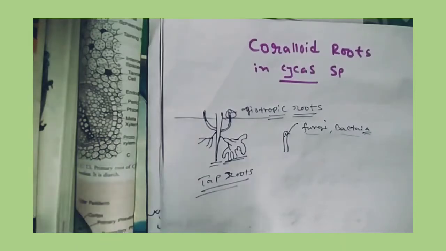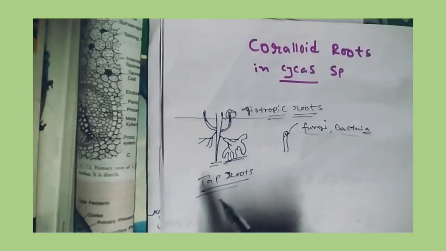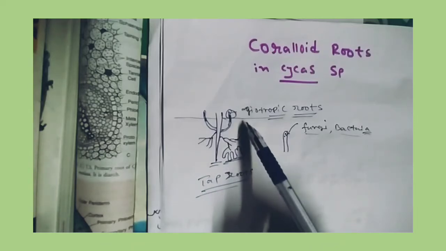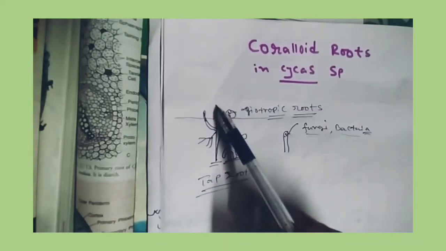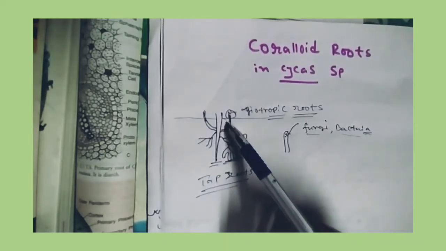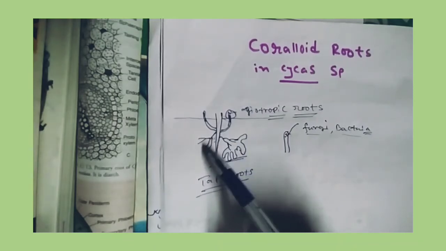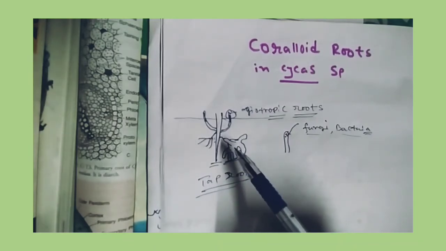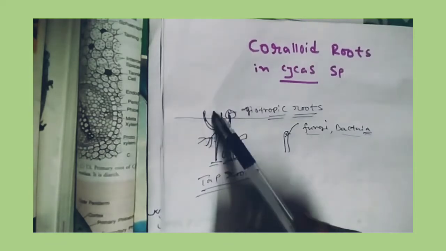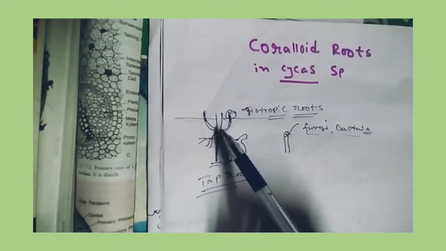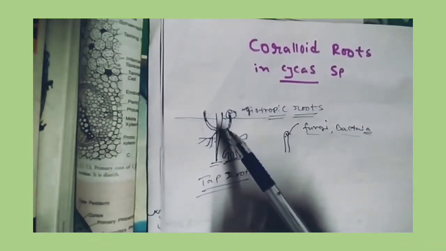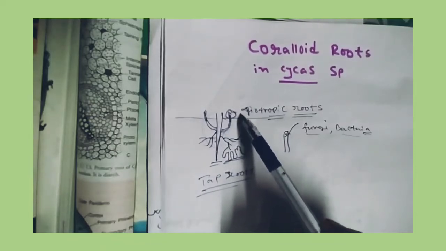Cycas plants are still cultivated for ornamental purposes, and it also has some medicinal purposes. The cycas plant at the beginning, when it is at the seedling stage, possesses a simple taproot system. The taproot system is a characteristic of the angiospermic plant, which possesses a strong midroot with some branched rootlets. So at the beginning, cycas plant possesses a simple taproot system, but later on these simple root branchlets grow opposite to the gravity, and these roots are known as apogeotropic roots.